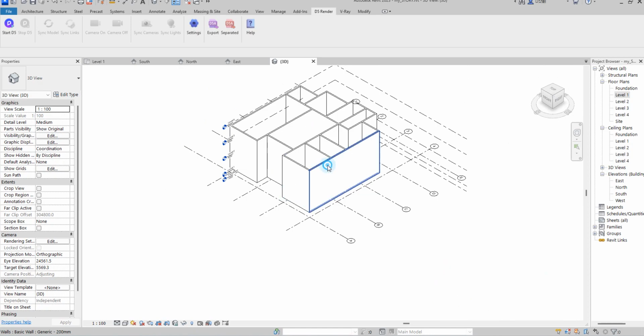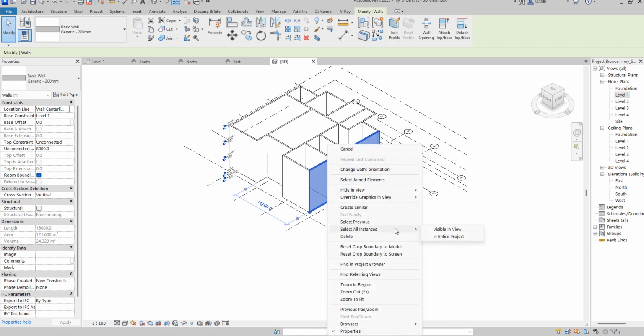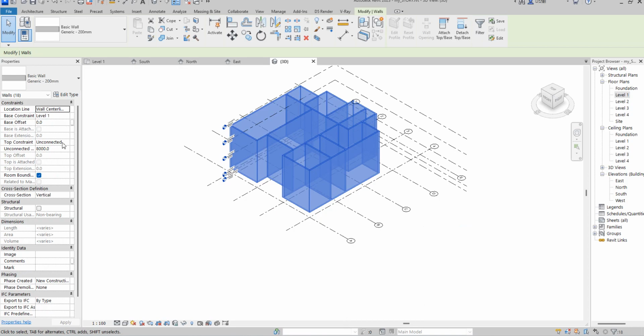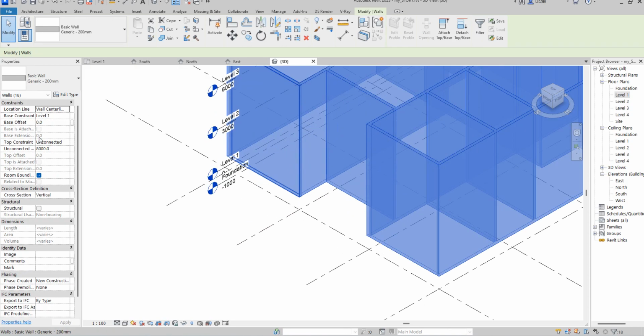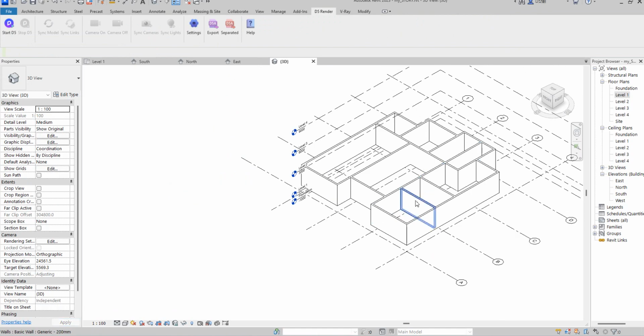So what will you do? Just click on this and say select all instances in this view. So you select everything so they become uniform. You align it to the height of this for now. If there is any other adjustment, you're going to do that later. So you click 3000 and everything comes back to it. So you now go back to your 3D,